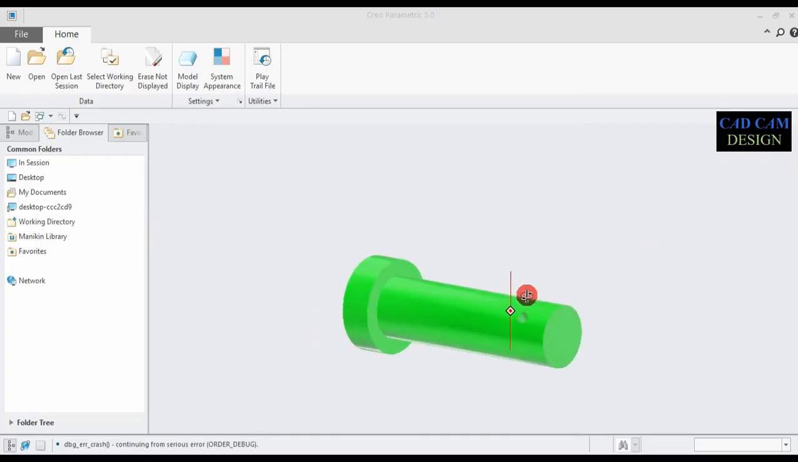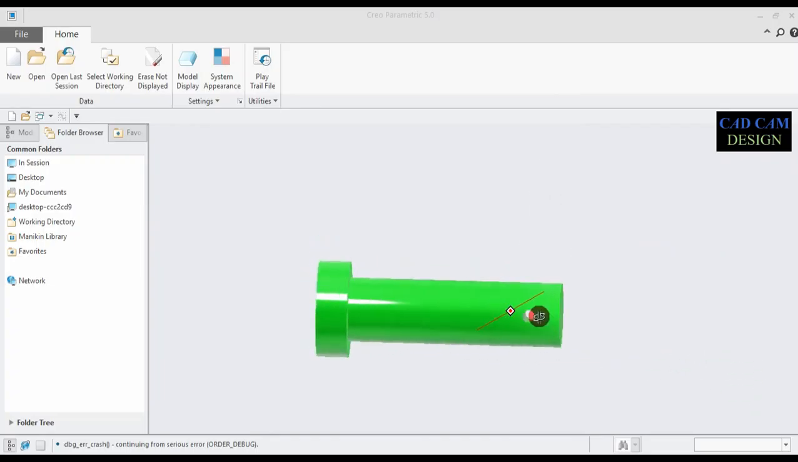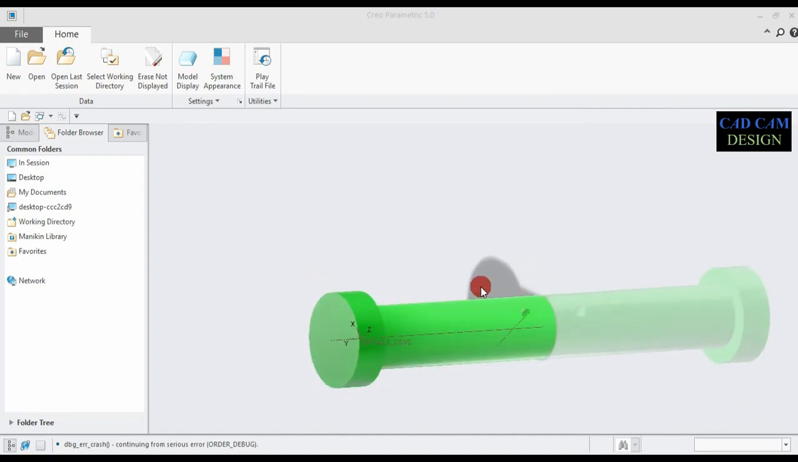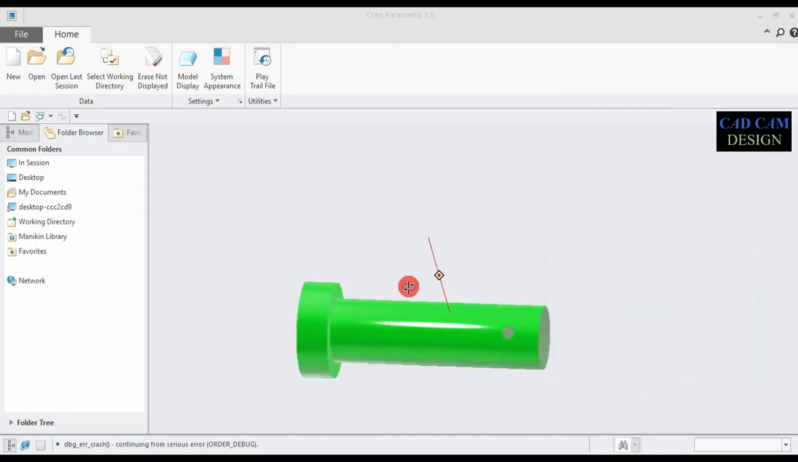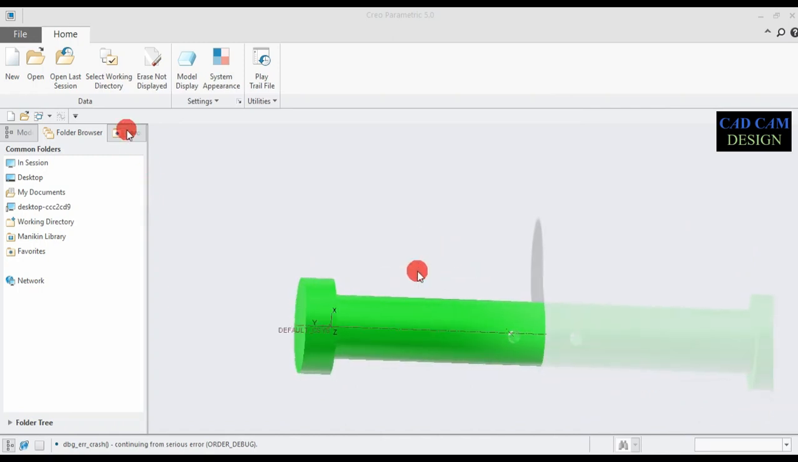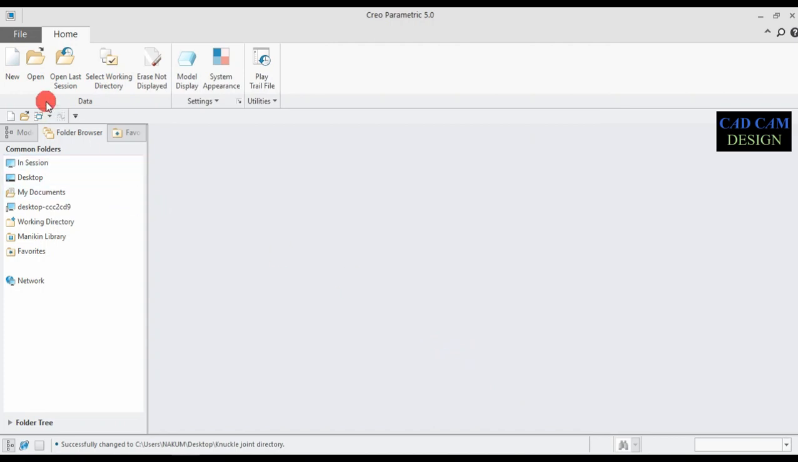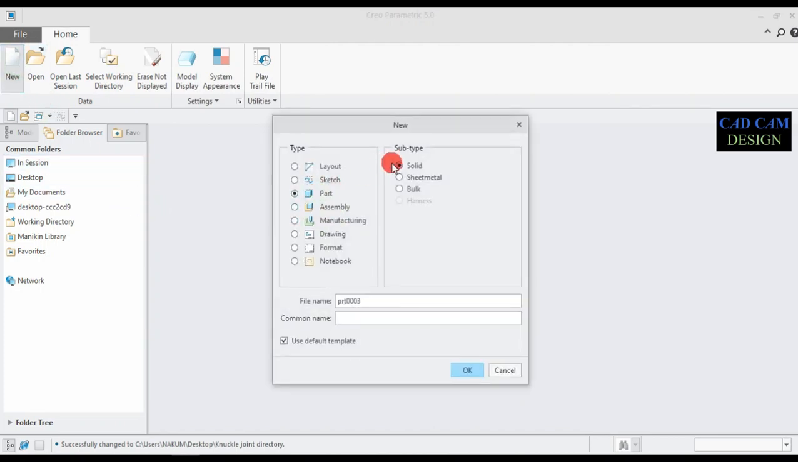The third part of this knuckle joint. Our previous tutorial was the knuckle joint, and today we draw the knuckle joint. The third part is the knuckle pin. Now first of all, set the work directory to our previous folder, desktop, knuckle joint, and OK. Now same as before, new, and select part, solid, use default template, part 3, and